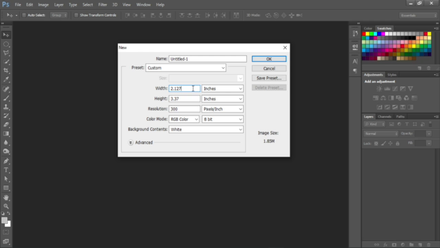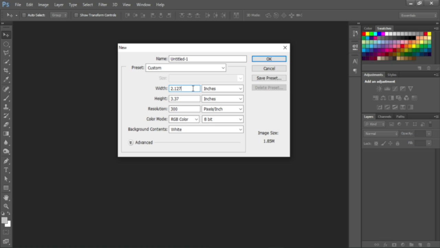If it's in landscape, use 3.370 by 2.125 inches. So depending on how you want the card to be,